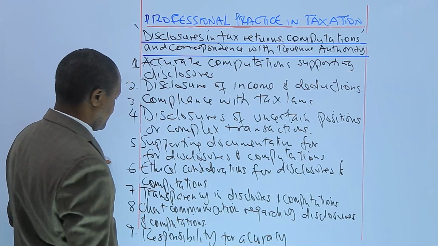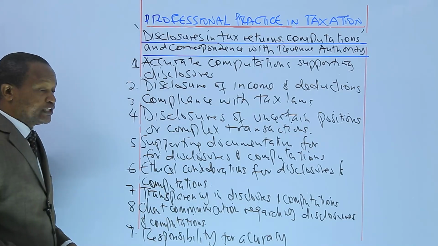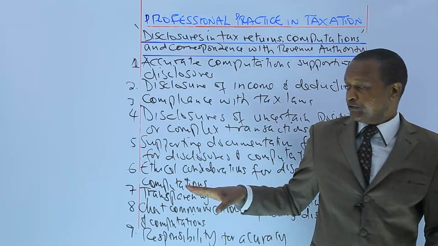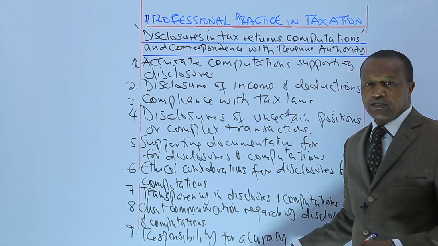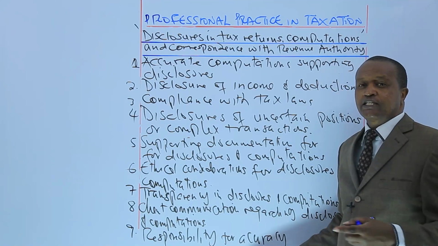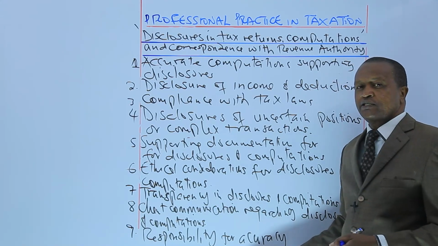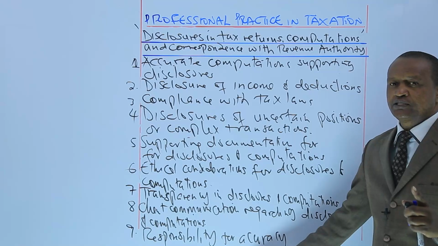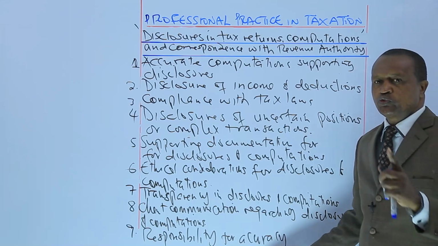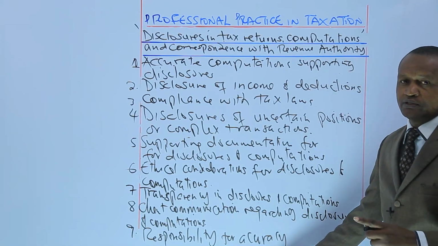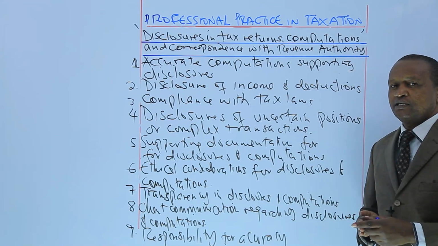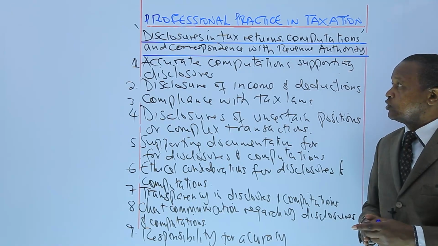Responsibility for accuracy in disclosures and computations. Ultimately, candidates, tax professionals bear the responsibility for the accuracy of disclosures and computations in tax returns. And thorough review processes and adherence to best practices are crucial to minimize errors and omissions. So these are 9 areas. And just to summarize or conclude on this point,